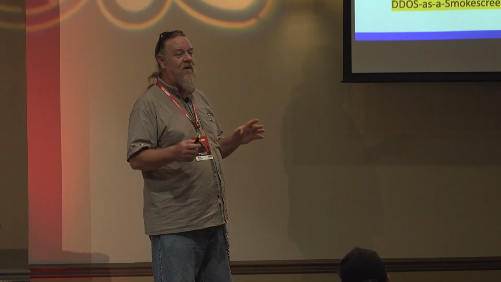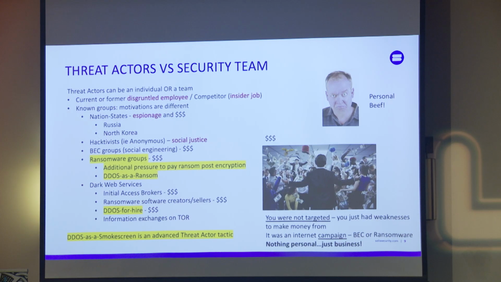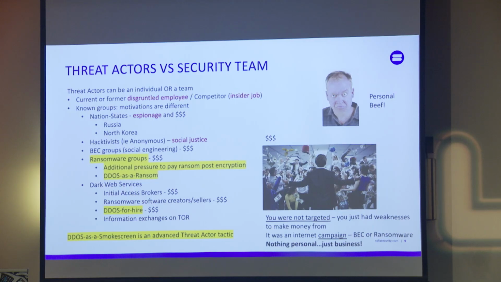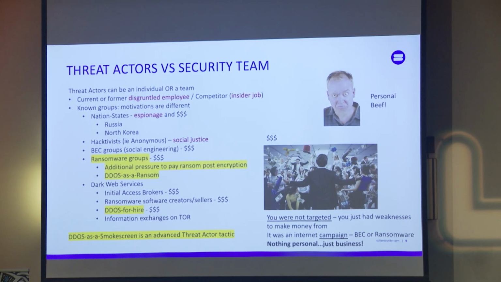So there's also DDoS as a ransomware, dive into that. There's DDoS for hire, and then there's DDoS as a smokescreen. There's a lot of them out there, but two I want to focus on is the one with personal beef and then the ransomware groups, right? Because the ransomware groups did not hit you on purpose. They generally already got you and they're just trying to make some money, right? So they're looking for a vulnerability in either your VPN or something else, and they're just going after you.